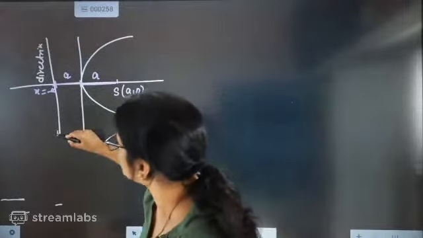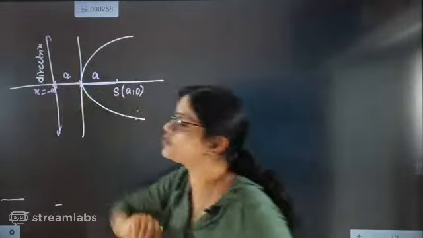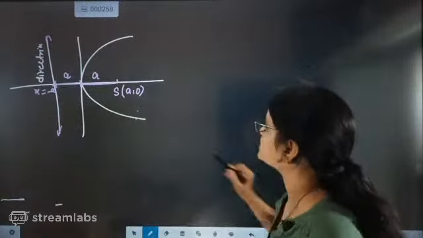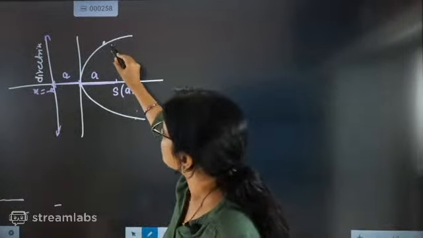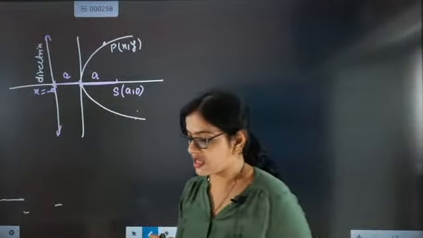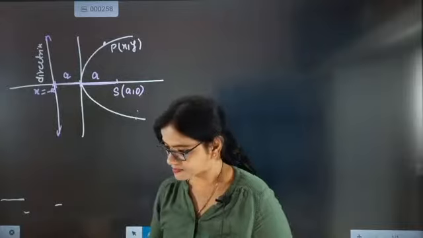x plus a equal to 0. So now we are going to take this point as an arbitrary point P(x, y). Last class we were talking about